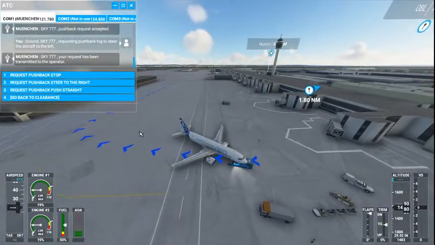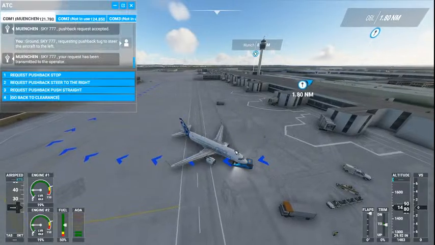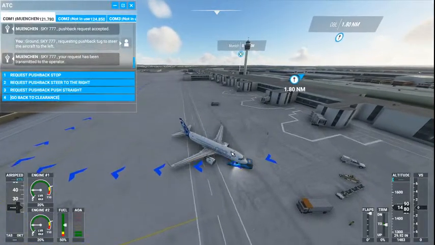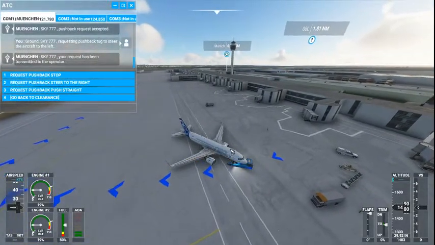So this is kind of realistic, but then you need to have a really good idea about the cockpit and the controls. Anyways,